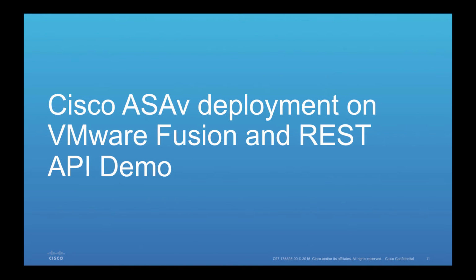So let's begin with the demo. Before I begin, let me tell you what exactly I'm going to do. First of all, I will download a couple of files from cisco.com. I will be downloading the Cisco ASAv software and the RESTful API plugin. Once I have the required software, I will open VMware Fusion and install ASAv on top of Fusion. Then I will get management